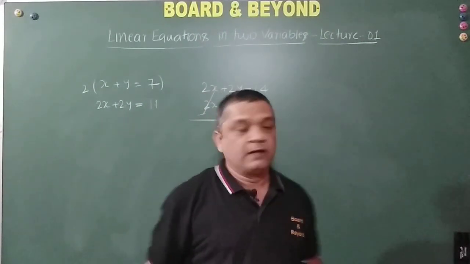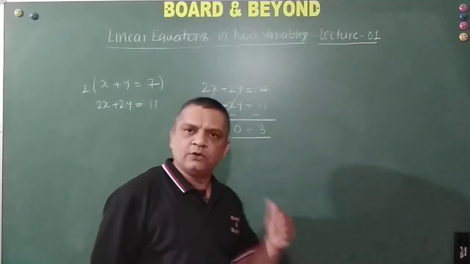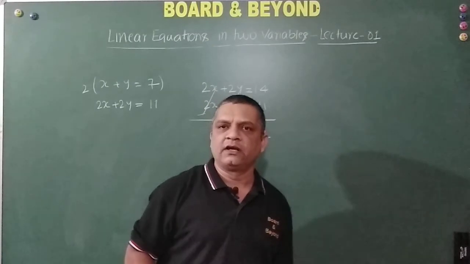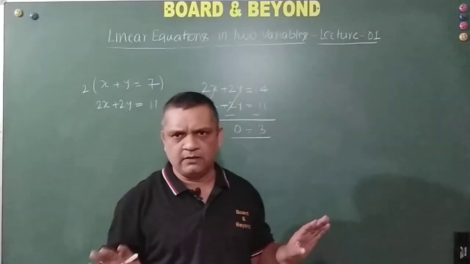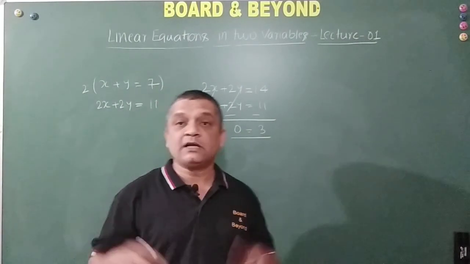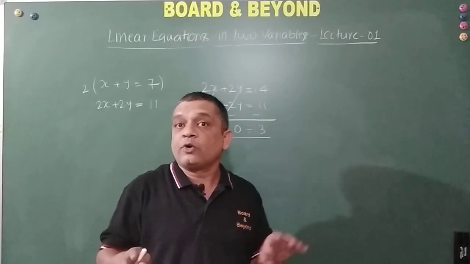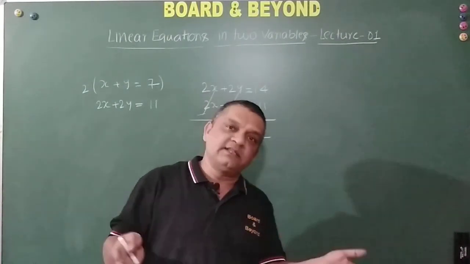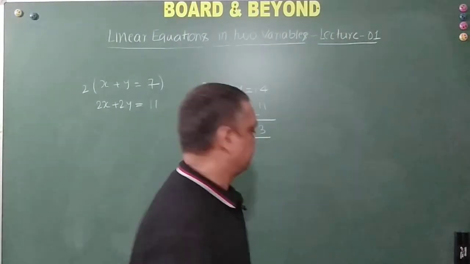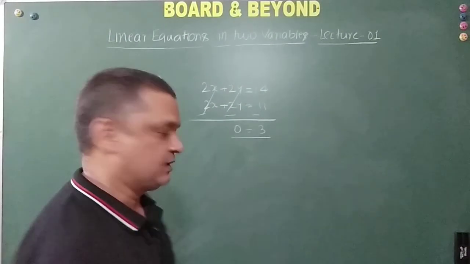Okay, and there is one more logic to it, friends. Let me tell you that logic also. Once I am saying 2x plus 2y is equal to 14, good enough. It can be, right? No problem. But the very next moment I am saying 2x plus 2y is equal to 11. This is not happening because I am not changing the LHS and I am changing the RHS, which is practically not possible. So this is called an inconsistent system of linear equations, right?